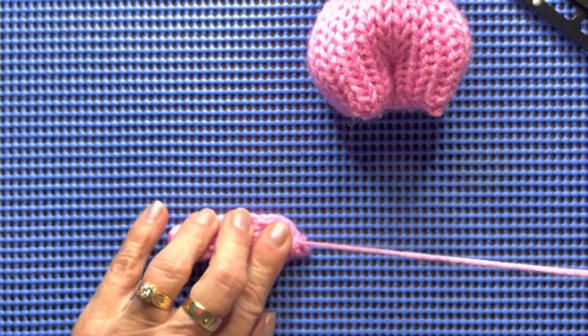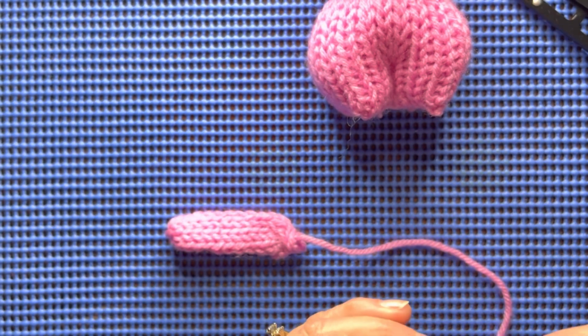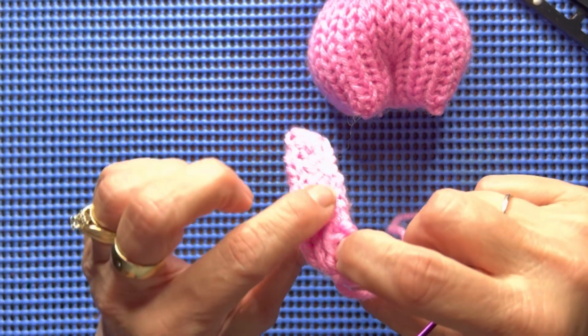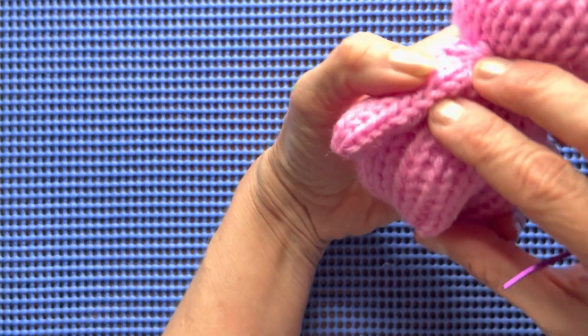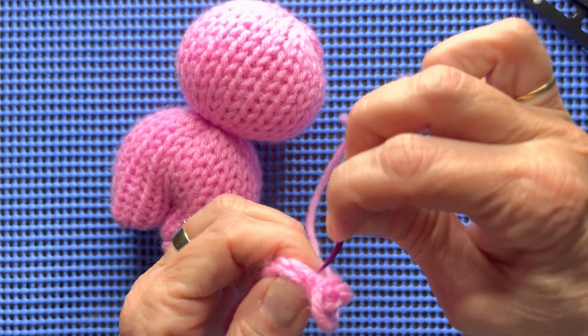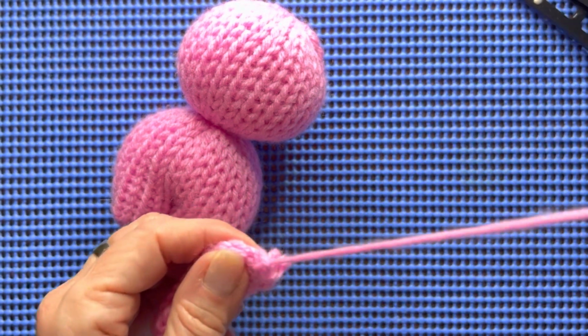You're going to go ahead and put your needle back on your piece here. And then, because this is where my seam was, I'm going to have that along the side. And I'm just going, see how much longer that is? It looks so small and so short, but it's perfect length. So I'm going, this is in the center of my piece. And if it wasn't in the center, I would work it into the center because that's how I always start